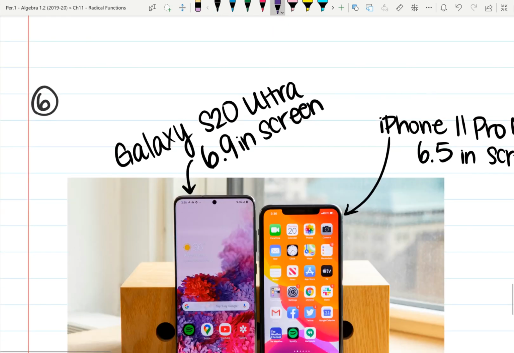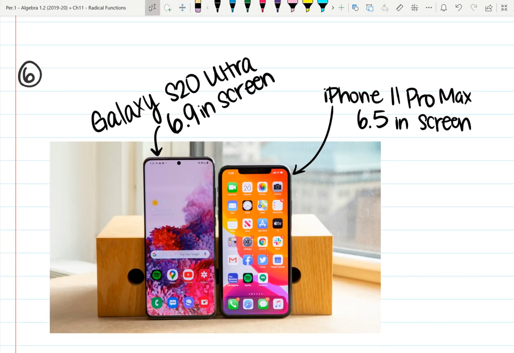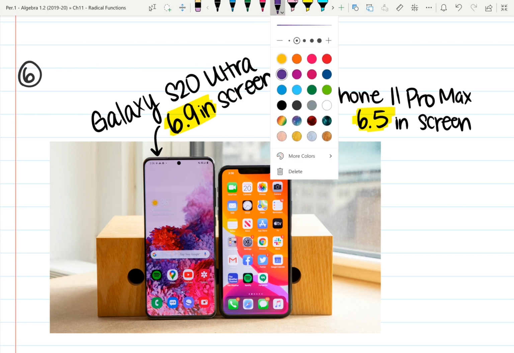The newest Samsung Galaxy and iPhone Pro Max. Picture of it right here. If you take a look at any advertisement, anything telling you the size of the screen, Galaxy S20 Ultras, they say it's a 6.9 inch screen, and iPhones are 6.5 inch. They're slightly smaller, but what are they talking about? Because when they're doing this, they are not